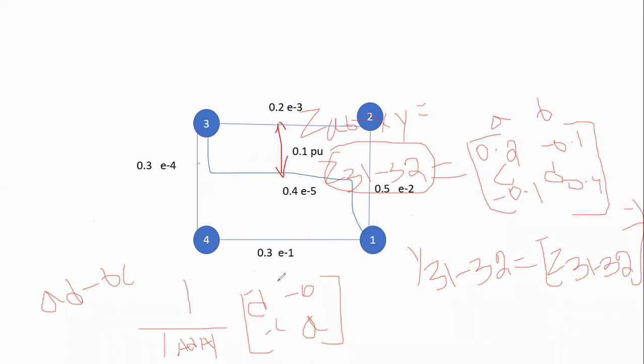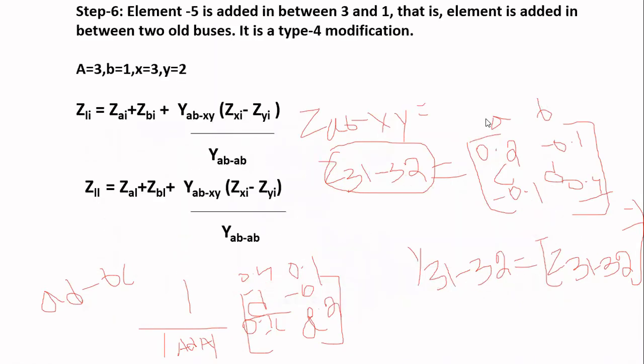Next, D means 0.1 and minus B means 0.1 and minus C means 0.1 and A is 0.2. D is 0.4. Minus B means 0.1 and this is also 0.1 and A is 0.2. Like that we form the inverse matrix. That will be observed in this slide.